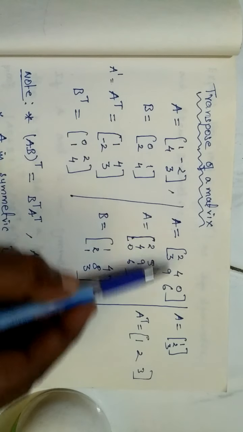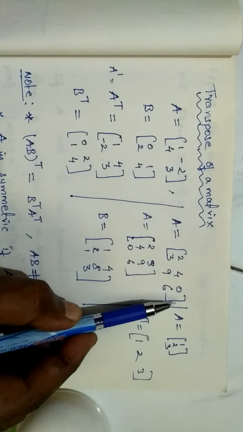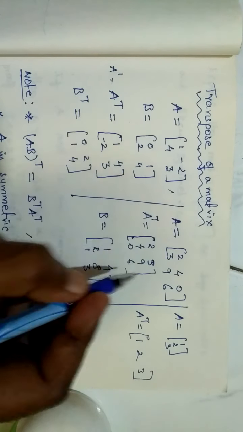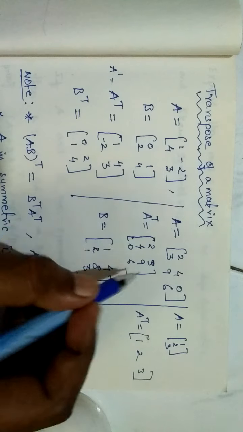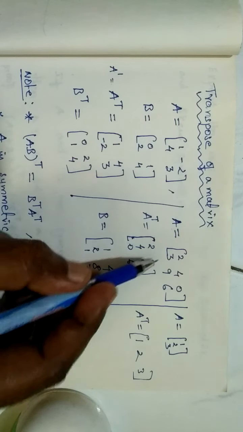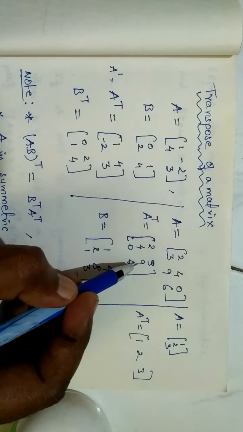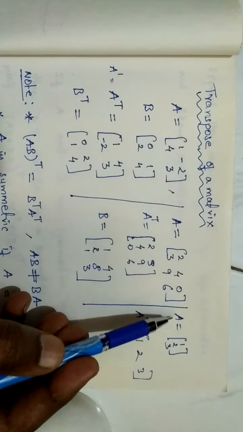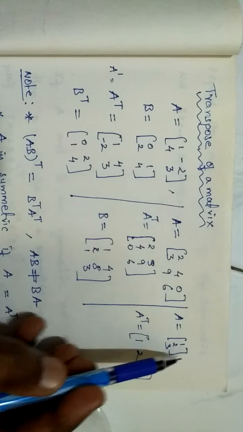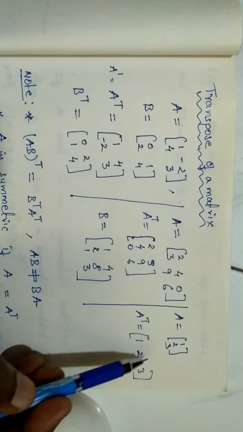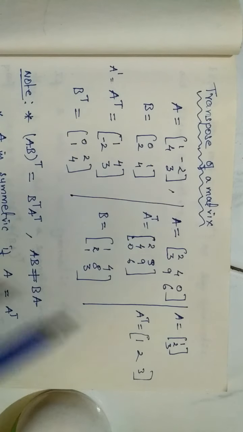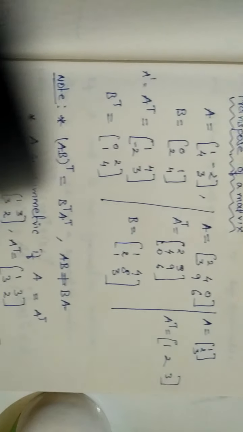Similarly, for a matrix A which is 2 4 0, for A transpose you have to write 2 4 0 as a column, and again the row 3 9 6 you have to write as a column 3 9 6. Similarly, for B you can try, and for this sort of matrix, again first row into first column, second row second column, third row third column, like this you have to write. Okay, next we are going to see